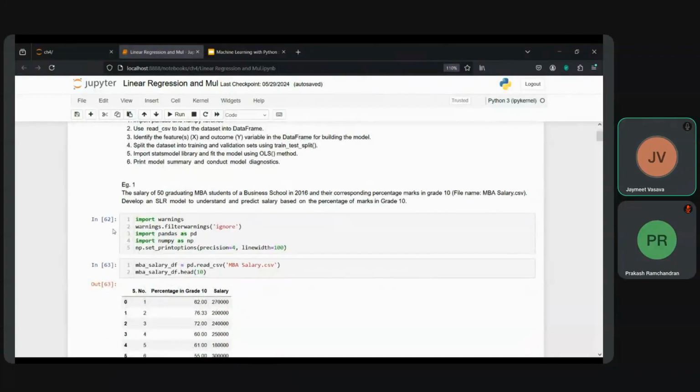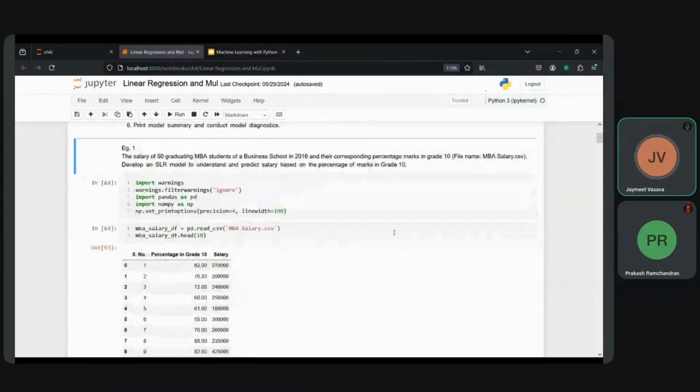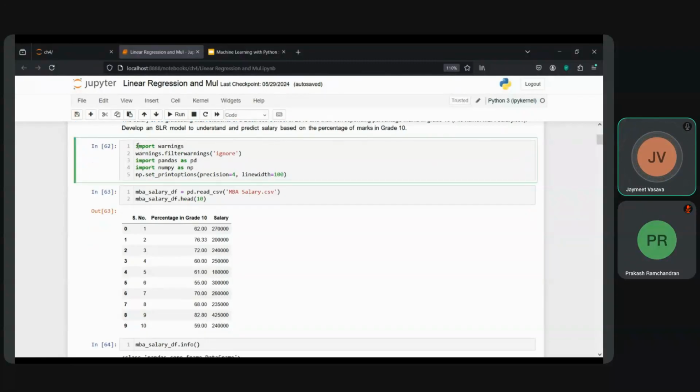So as we are discussing predicting the salary of MBA grad students based on what they got in grade 10th, this is the way that we'll be doing it. Import the necessary libraries, and then